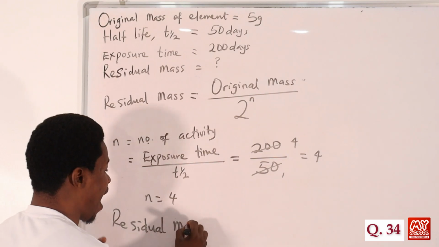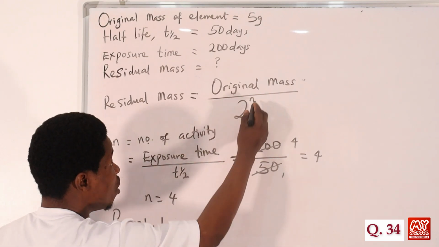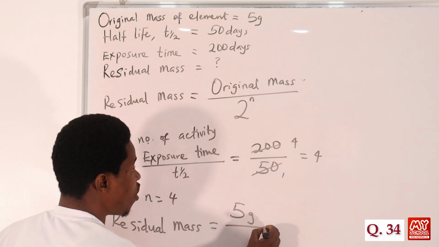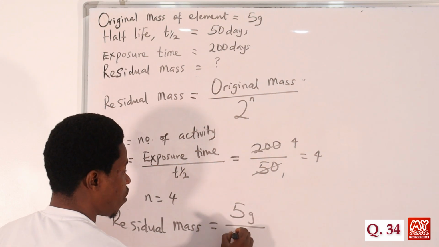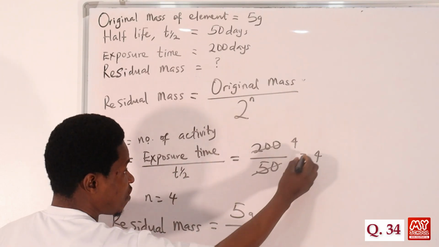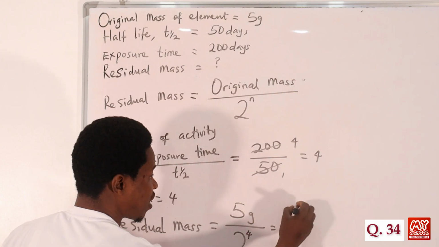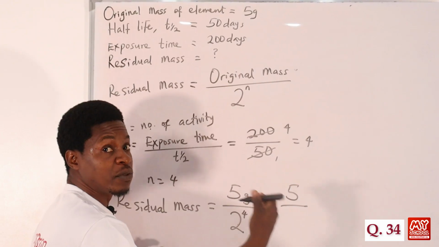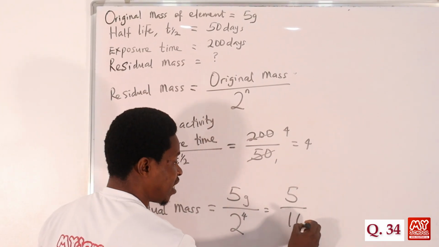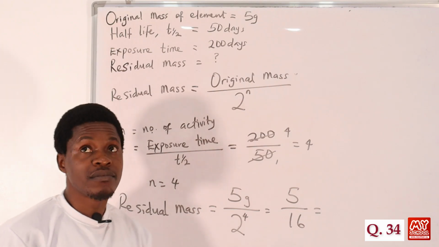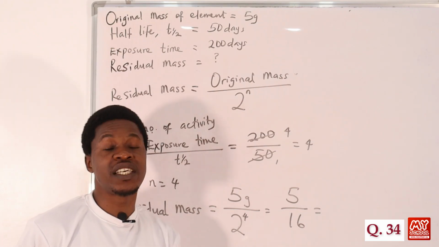What is going to remain after 200 days: the original mass was given as 5 gram, all over 2, of course, because this is what we are doing. 2 raised to power n is what? n is 4. So 2 raised to power 4. So we can have this as 5 all over 2 raised to power 4, which is 2 times 2 times 2 times 2. That's 16. So by the time you divide 5 by 16, you'll be having